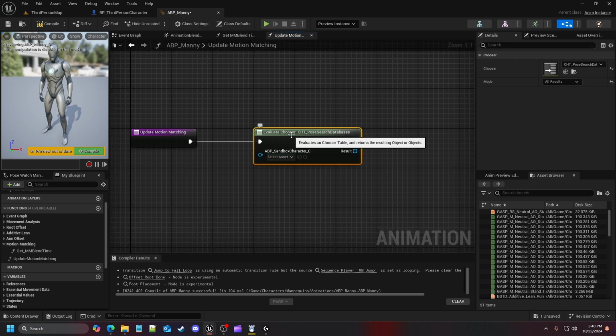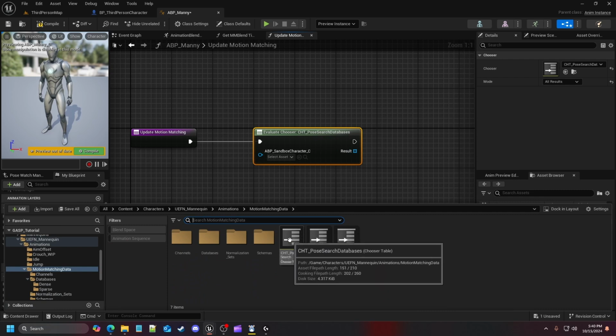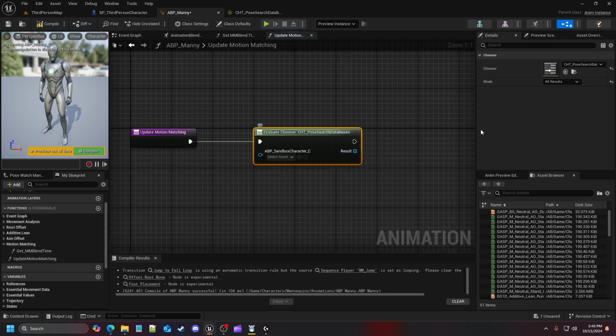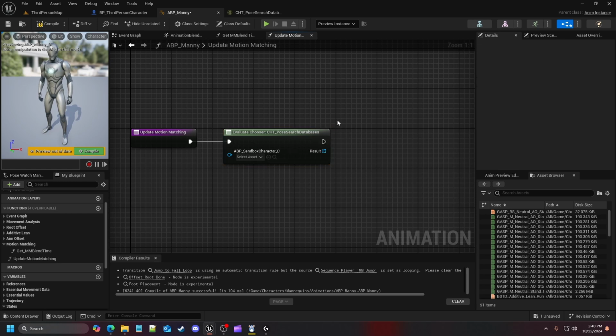So basically what this does is it evaluates a chooser asset, called the chooser table pose search databases, to get an array of pose search databases that are relevant to the current gameplay context. So basically it's grabbing all the chooser tables that are in this, because in the pose search database you can see how we have the dense table and the sparse table. Let me move that out here. This is going to essentially loop through, and that's why we changed it to all results, because we wanted to get all the databases so we can go in between all of those databases